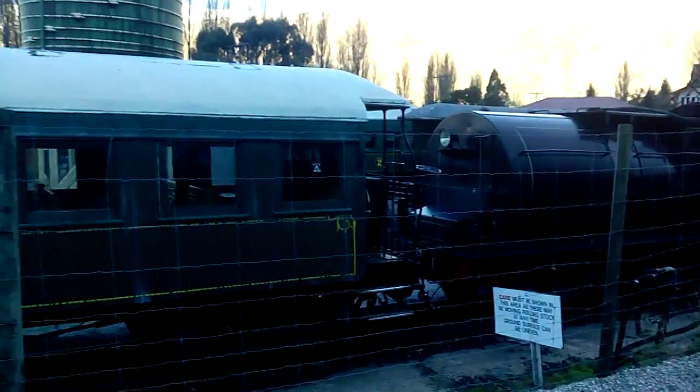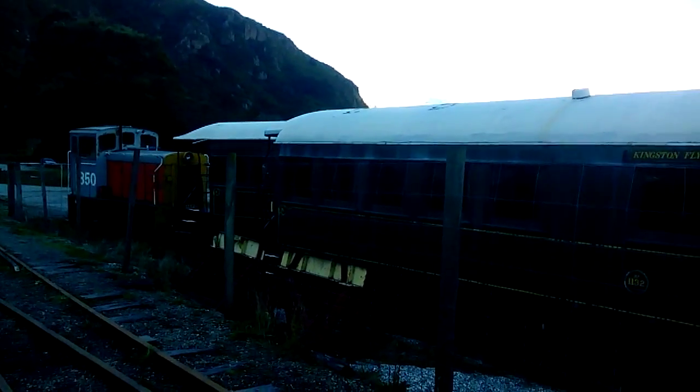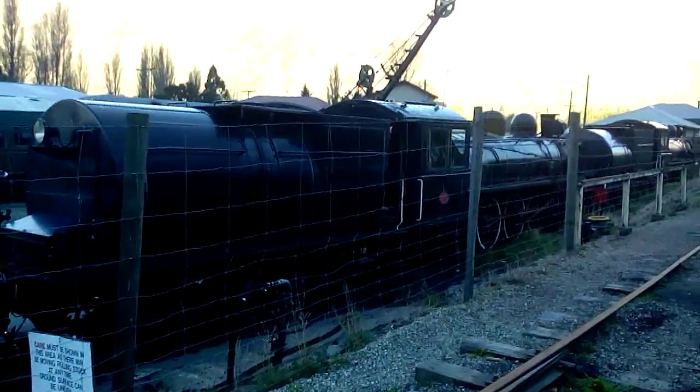Oh, this is a yard. Sadly the old Kingston Flyer is back in here again, all derelict and unloved. Poor old Russell can't even come and polish it anymore, thanks to Mr. Bryce and his